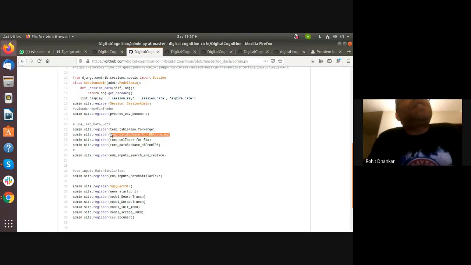So within the admin site, register this, and then you can end up seeing whatever data is there from an admin view. So I usually use this only for testing. I don't really know what is the use of something like this in production. Okay, so that is what it is, right?